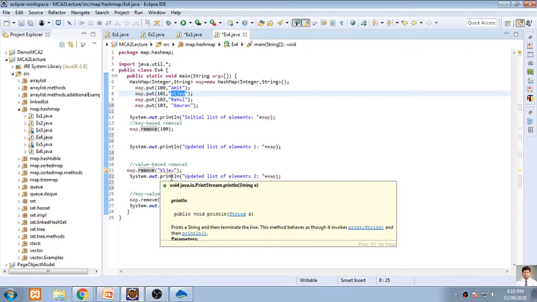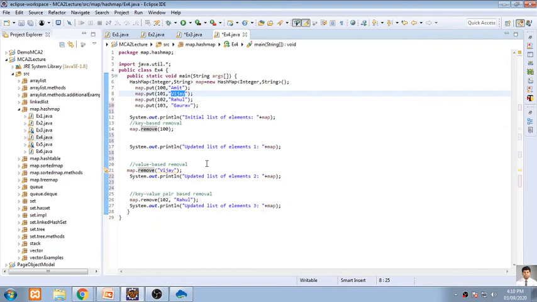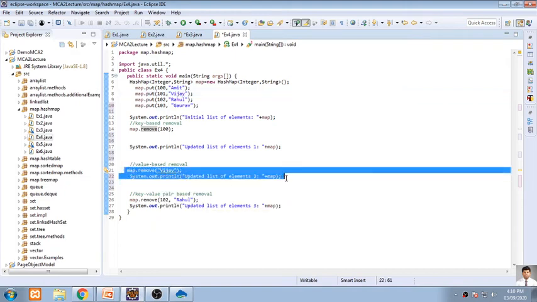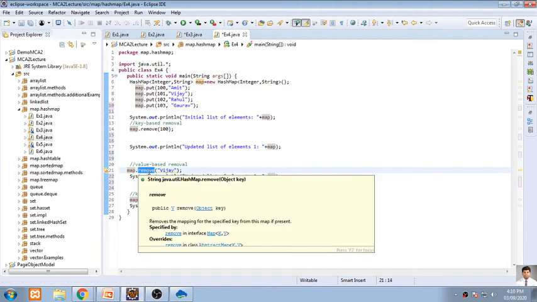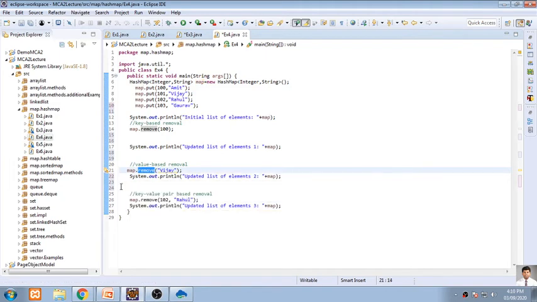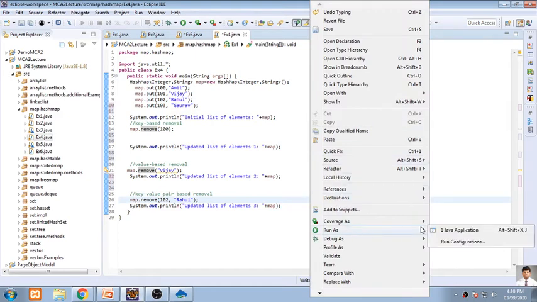Deleted or not? As far as my program definitions of functions are concerned, this line of code will never ever remove this PJ from this map, because it is a value and a value cannot be removed by using the remove function. So this is one thing you have to understand: values cannot be removed directly. And third one, I can directly provide the key with the value. If 102 is a key and the value is Rahul, then the two parameter version will be used. Whenever this type of program is executed, the return type is always Boolean, so true and false will be displayed. So we'll go for executing this program and we'll see.